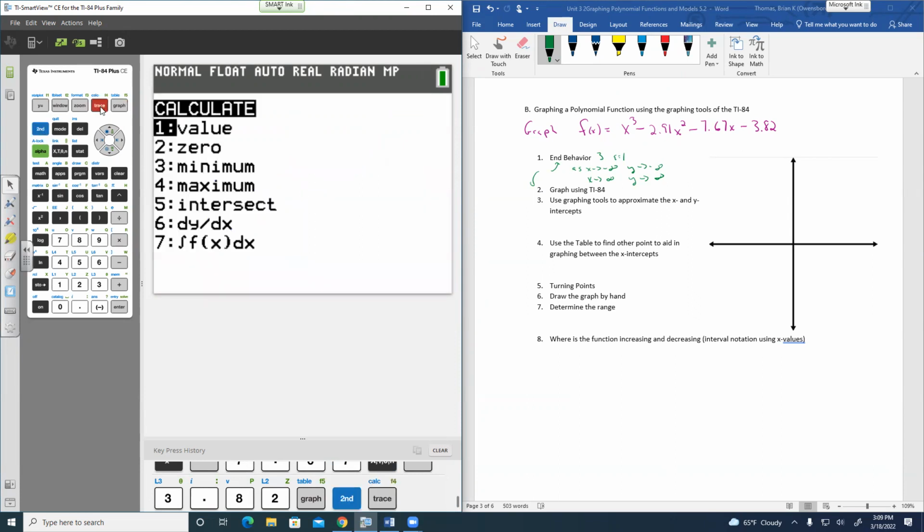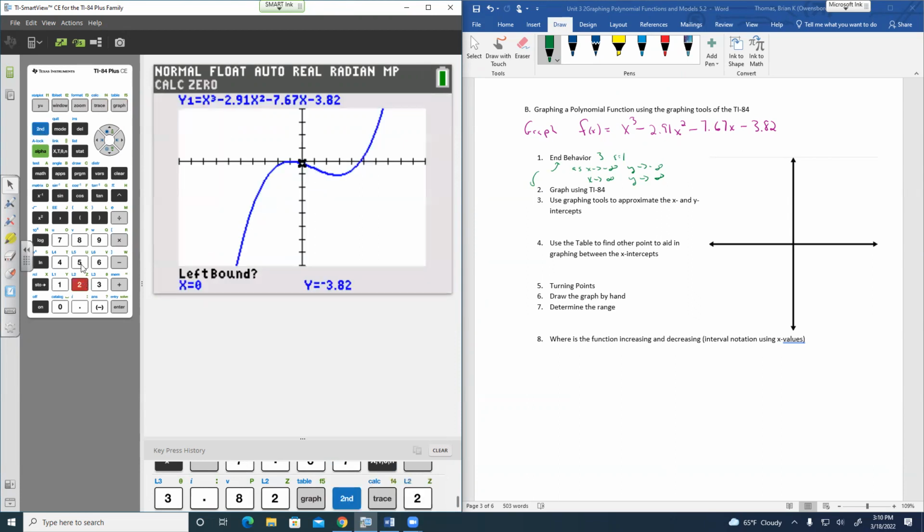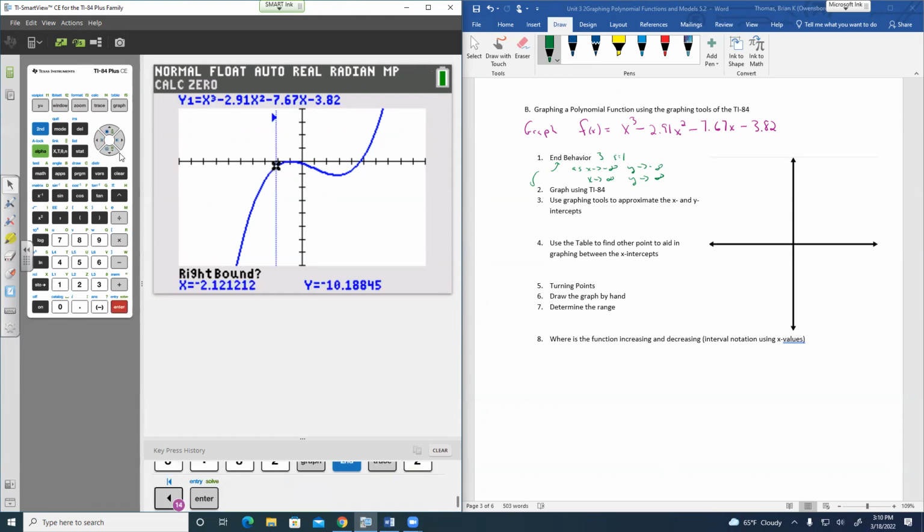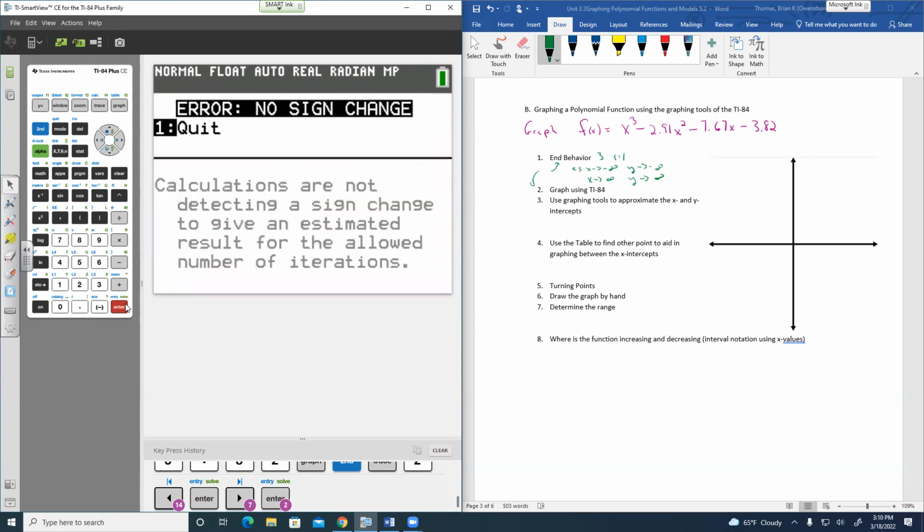So second, calculate, number 2 for zeros. If I do my left bound, if I go to the left of that, hit enter. If I go to the right of it, hit enter, and then hit enter again. It's looking for a sign change, so it doesn't like that. Well, if I go back to the graph,